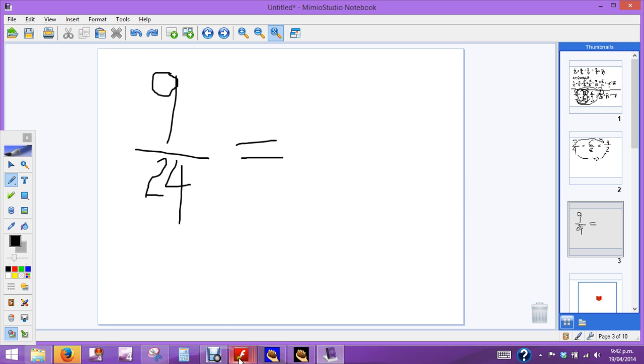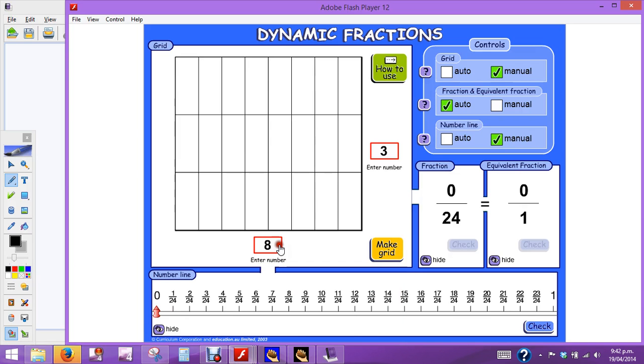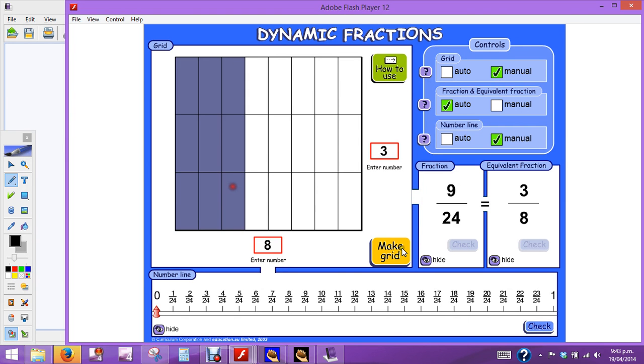So let's have a look at what 24ths look like. I've got a grid here that's 8 by 3. This grid represents one whole, and if I show 3, 4, 5, 6, 7, 8, 9/24ths of that fraction is the same as 3 bits out of 8. Okay, so if we think of eighths, what I'm going to do here is